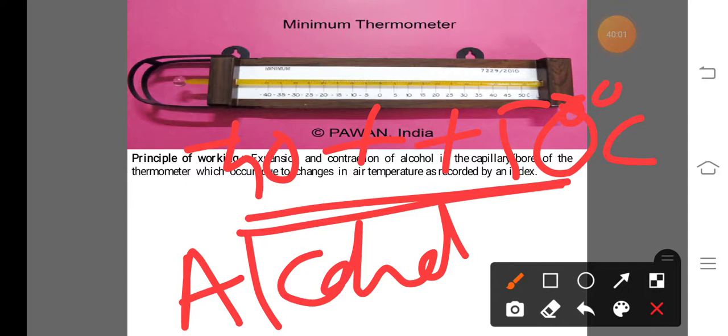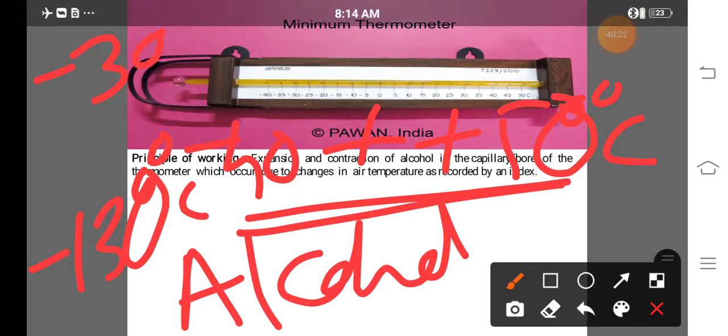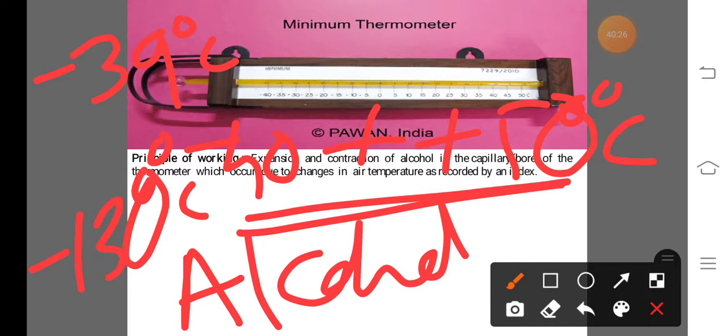To measure minimum or freezing temperature, because alcohol has a freezing temperature of minus 130 degree Celsius against mercury. That means mercury has a freezing temperature of minus 39 degree Celsius and alcohol has a freezing temperature of minus 130